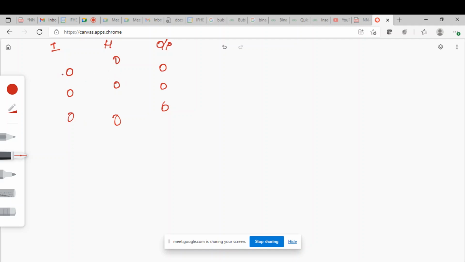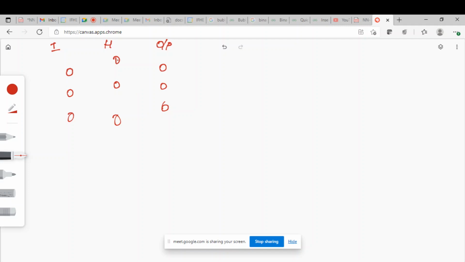And apart from that, every neuron will have some activation function. As per our last discussion, the input layer uses a linear activation function, all the neurons in the hidden layer use the log sigmoid activation function, and all the neurons in the output layer use the tan sigmoid activation function. But there is no hard and fast rule that all the neurons in a layer should use the same activation function. No, it may differ.